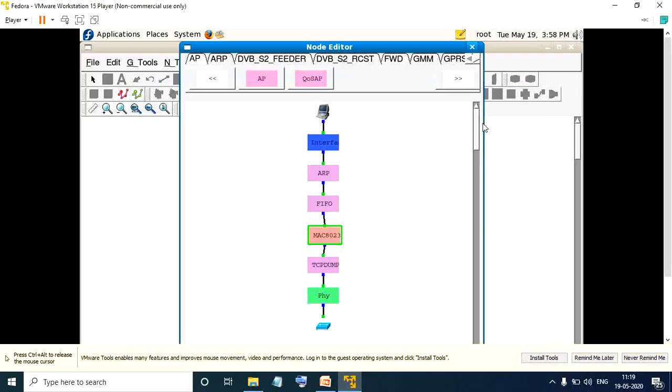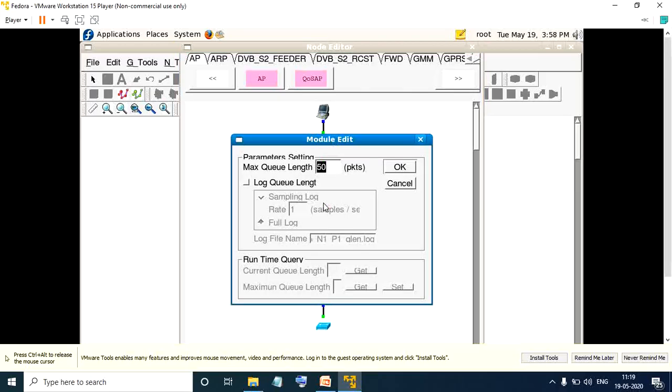Then we need to go to the next command, which is your FIFO. So I will be pressing on this FIFO. I hope you might have already heard of this FIFO. FIFO is nothing but first in, first out. So the same technique applies here also. Here we need to adjust the maximum queue length. Maximum queue length is nothing but how many packets you would be sending per transmission. You can vary it as per your convenience, but right now let us keep it as 50 itself. Then you will say OK.